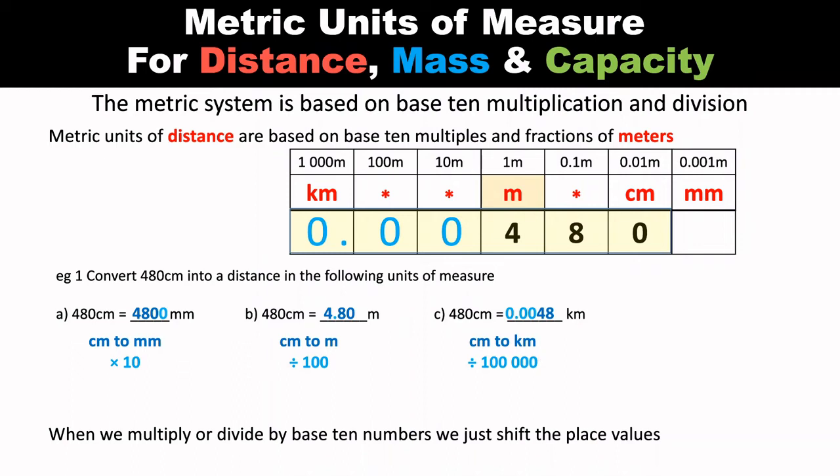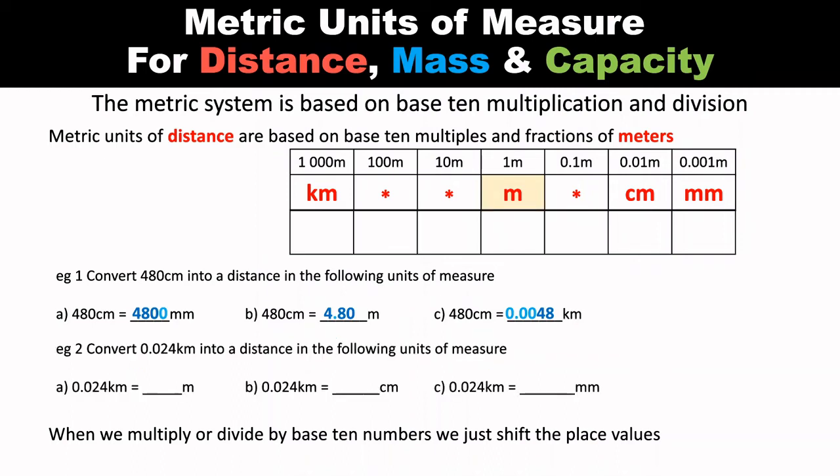Let's go on to some slightly more difficult questions now. You might be wondering, does this trick also work with decimal numbers? It does. Let's try converting 0.024 kilometers into these units of measure. So, 0.024 kilometers. I've made sure that the decimal follows after the digit that I've put under the kilometers. And if I want to convert this into meters, I want to move that decimal to after the digit that's in the meters position. So over here, that has turned my value into